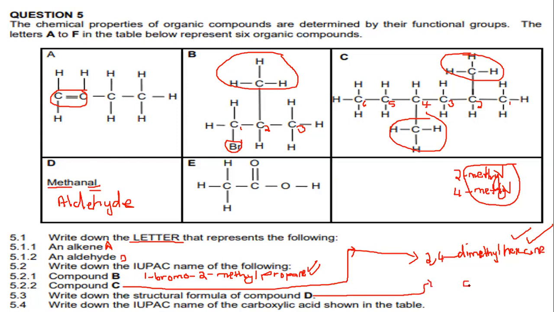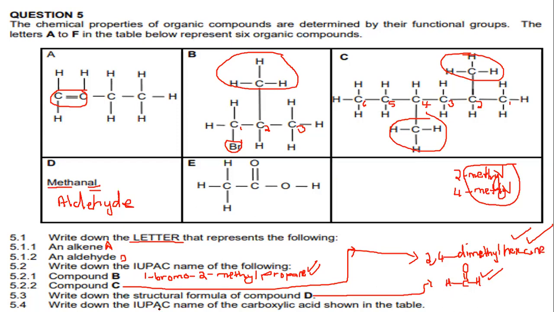It has 1 carbon. And we know, how do we see an aldehyde? It must have a formyl group, which is a C double bond O with an H on the first carbon. Then I check, each carbon must have 4 bonds. So it's 1, 2, 3. Then to make it 4 bonds, there will be another H, and this will then be 2 marks. Then we are required to